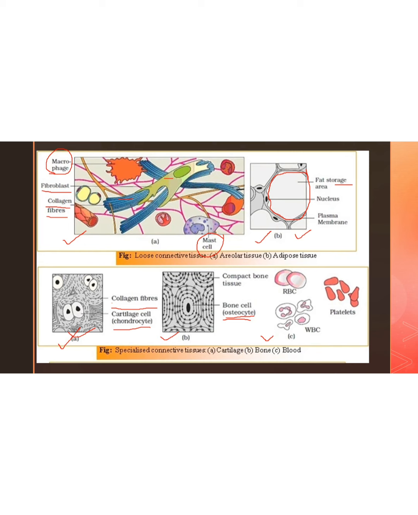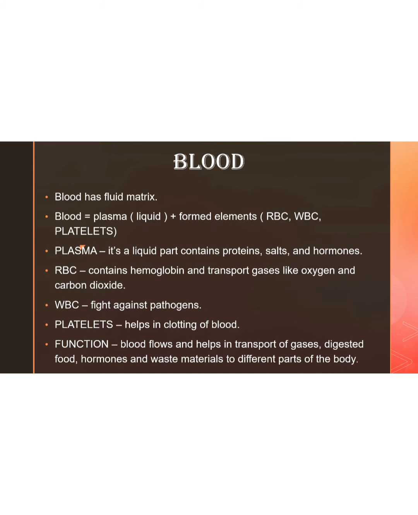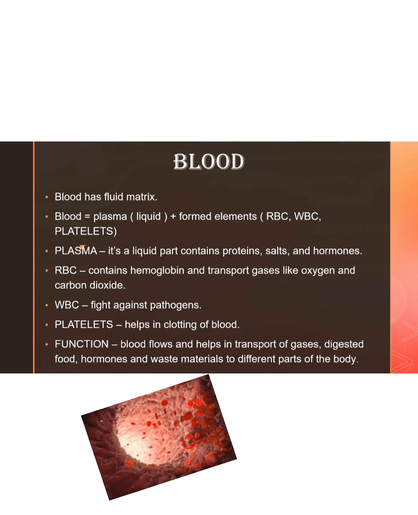Okay, and here if you see, these are the components present in the blood. This is your RBC, that is red blood cells, WBC, white blood cells, and these are the platelets. About these I'll discuss in the next slides. Okay, so first, we'll talk about blood. So blood, obviously, I told you, is a fluid matrix. It consists of two portions.